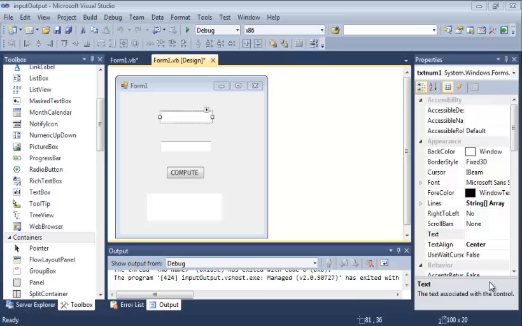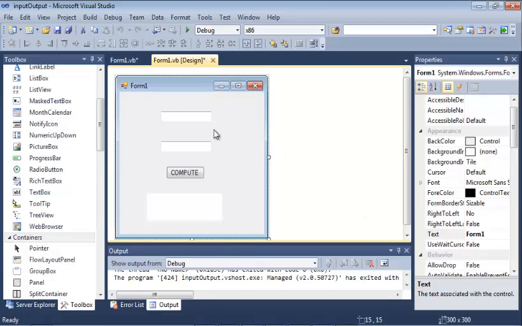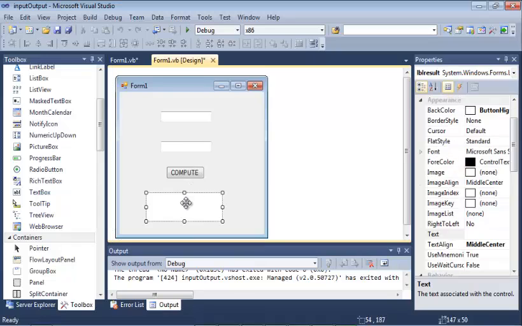Hello everyone, welcome back. In this tutorial, we will look at some methods of input and output. We will allow the users to input some values into text boxes which will be stored in variables, then we'll do some calculation with these variables and output the result to a label. In our example, we will write an event procedure to get the sum of two numbers. The user will input a number in each text box, and then when we click the button, the sum of the two numbers will show at the label.